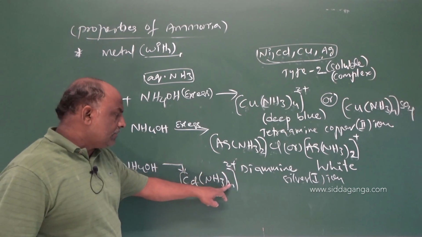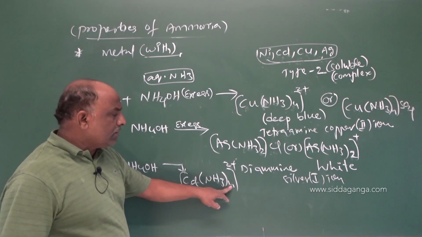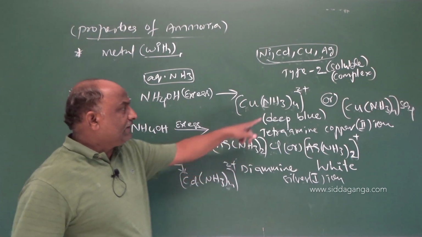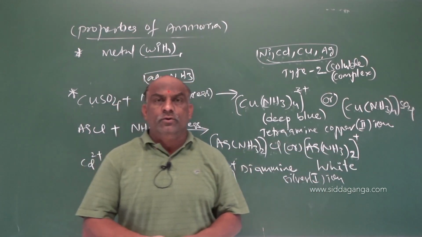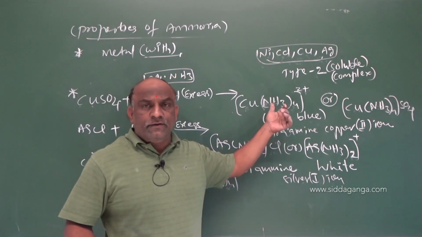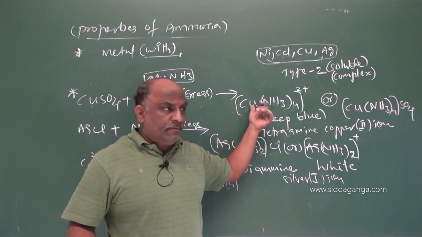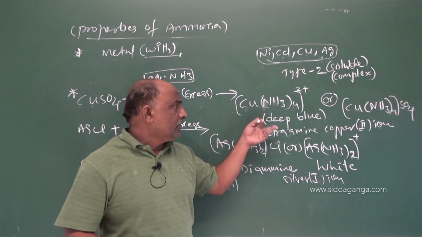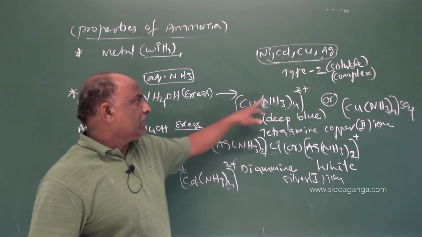Tetramine cadmium 2 ion. So like this, what do we get? The number 4 is called the coordination number. In this case also 4, but the exception is silver. Silver only gets the number 2, which means sp hybridization. The remaining are tetrahedral or square planar according to the central atom's capacity. So some exceptions are there, and according to those exceptions we have to decide the hybridization of the particular complex compound.